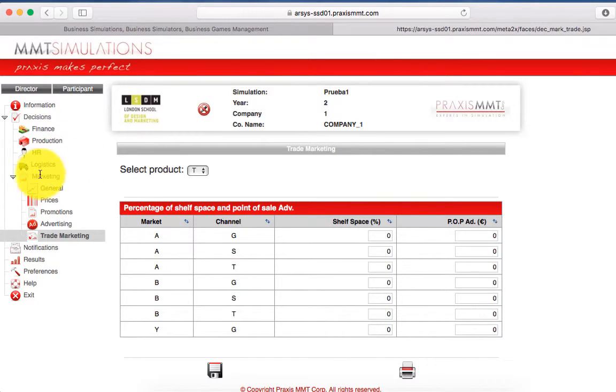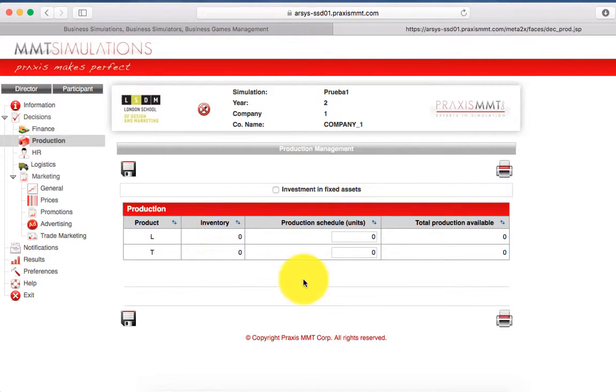After the marketing decisions, or you can take the decisions whenever you want, until the final hour and date to input decisions. Then you have production. Production is also very easy, as you can see. You have to choose, am I going or am I not going to invest in my factory? And then which will be the units that I want to produce this incoming year. I think you already know that the production units that I want to achieve must be very close to the sales that I want to have in the incoming year. So save it, and it's done.